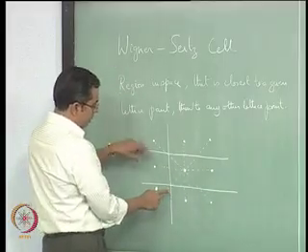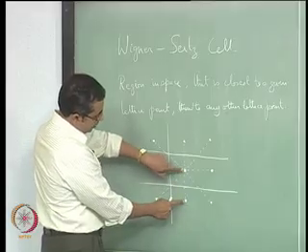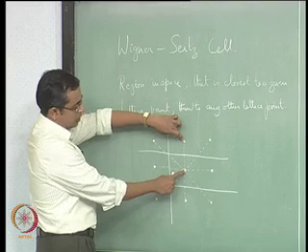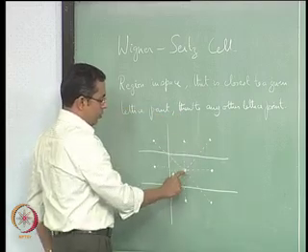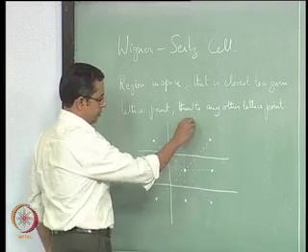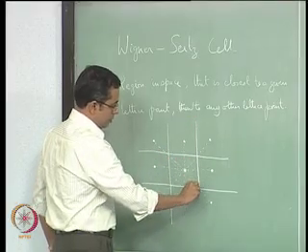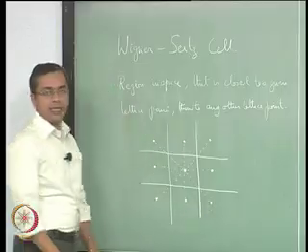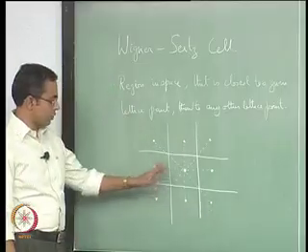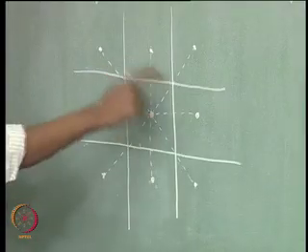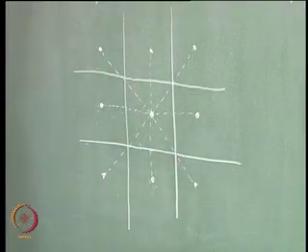So, I have now drawn the perpendicular bisector for the line joining these 2 points, and I have drawn the perpendicular bisector for the line joining these 2 points. Okay. So, then I can draw one more for the line joining these 2 points. If you have drawn it nice and square, if you do this properly nice and square, this is sort of what you will see. So, with respect to its immediate 4 closest neighbors,